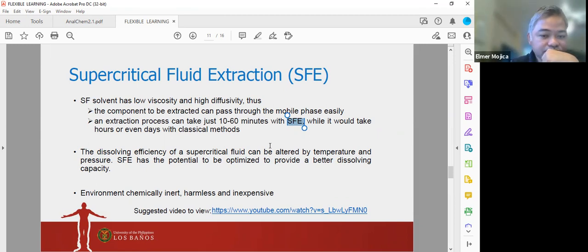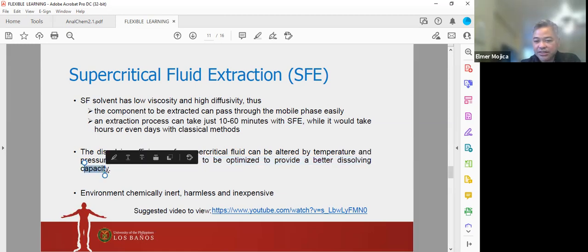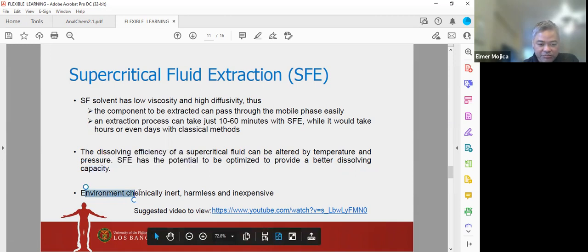The dissolving efficiency of a supercritical fluid can be altered by temperature and pressure, so SFE has the potential to be optimized for better dissolving capacity. They are using this method now because it is environmentally friendly, chemically inert, harmless, and inexpensive. I would suggest you watch the video in this link to learn more about supercritical fluid